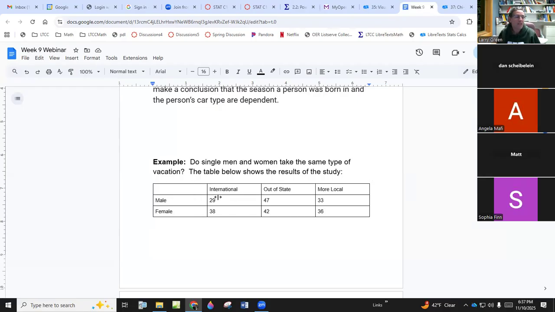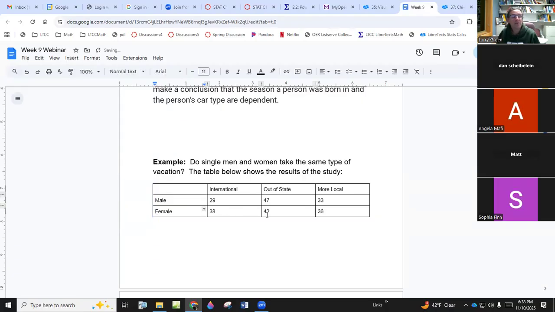Okay, so we have a table. Now we have international, out of state, more local. We have male and we have female. Okay, this is different. We have a table, but this is not the same as the test for independence. Because here we're not seeing whether the two survey questions are independent of each other. Now we're saying, if you look at the male group, and you look at the female group,